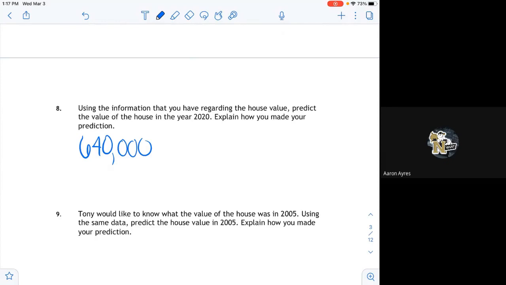What do you think? Would that be the right value? So the previous decade was 320. The next one would be, that was 2010. So the next one would be 2020. All right. So the prediction, or what our speculation is, is that it should be $640,000. Agree or disagree? Okay. How did we do that? We just doubled the amount, right? I'm going to put this in parentheses again.